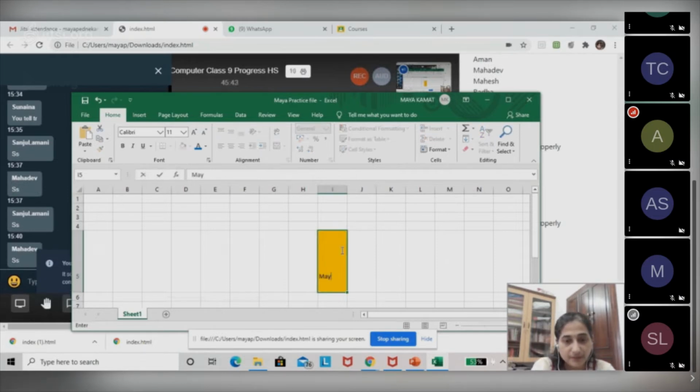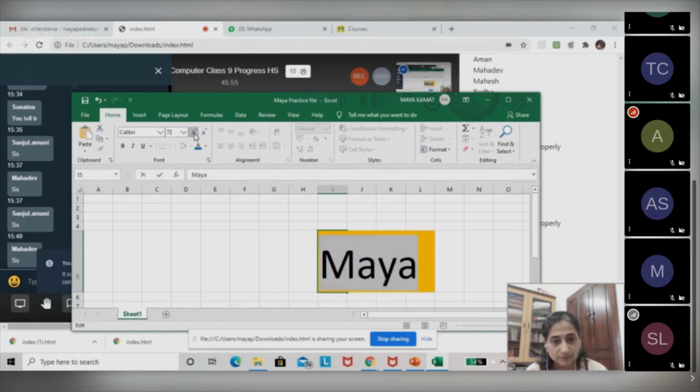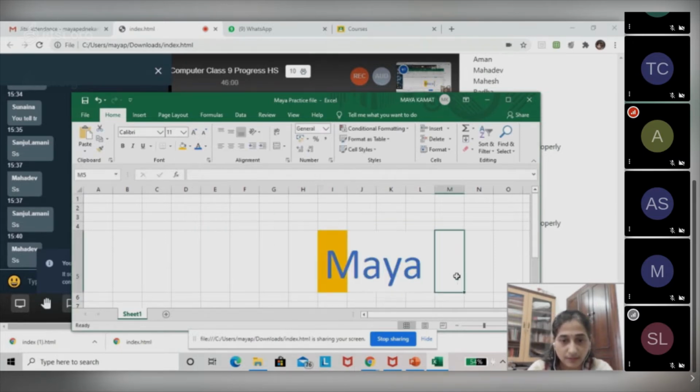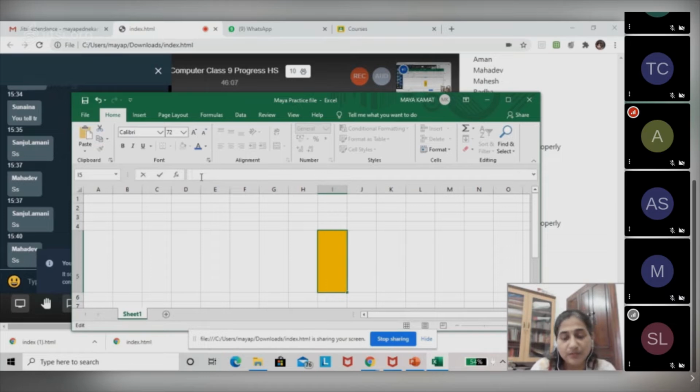So if I type 9 in I5 now, and again delete the data from here, the data would go, but the color will remain. Clear? So all your font formatting, text formatting options are under the home menu.